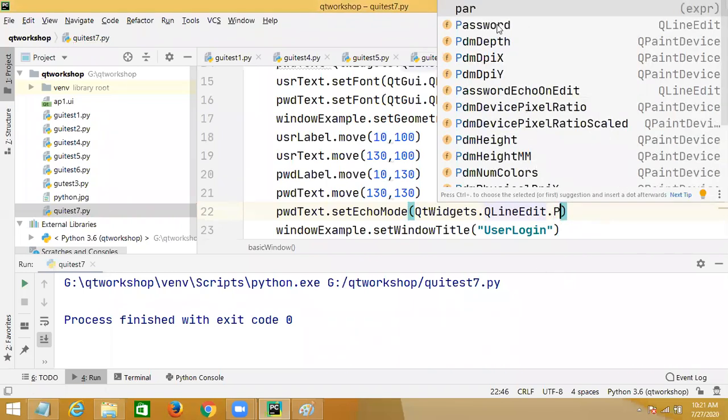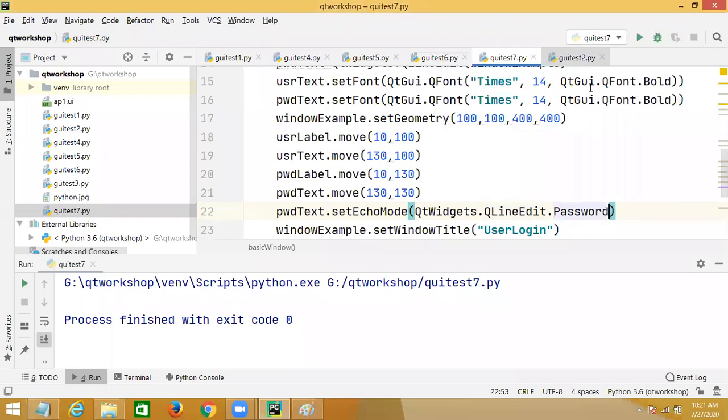There is one field called which one? Password.